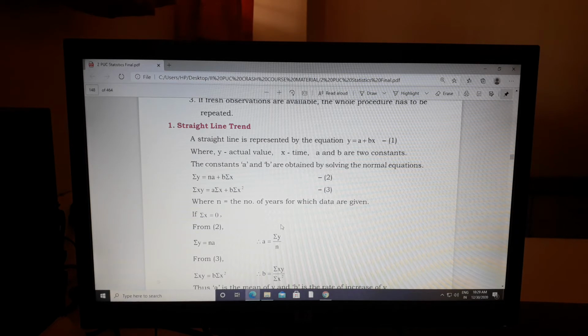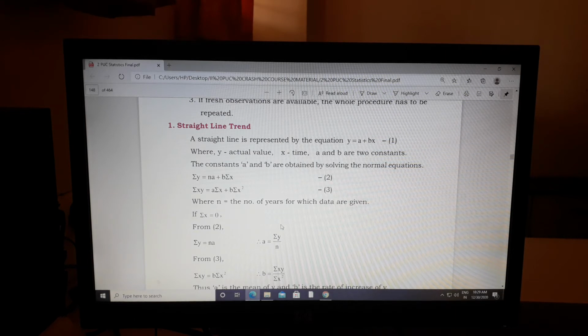Y is variable and x is variable, there you put sum. And a, we do not have any variable, so the sum of a becomes na. Remember. And then x has to be multiplied on both the sides. Then it becomes summation xy equals a summation x plus b summation x square. See, always up to the square deviation we have to calculate. By following those two conditions only, we will be getting the best fitted line.